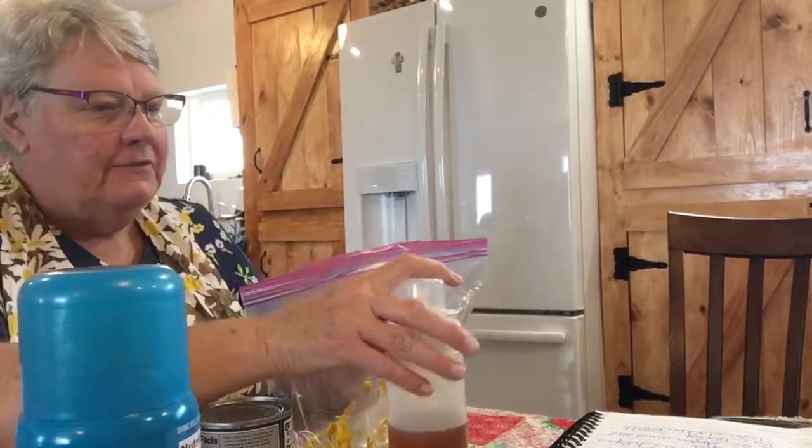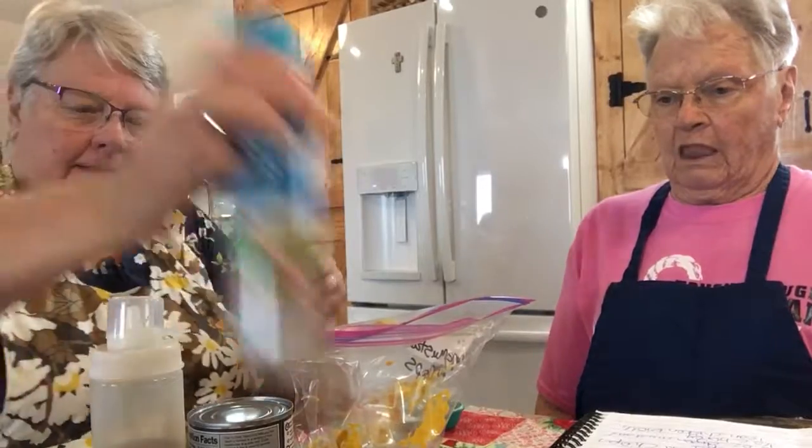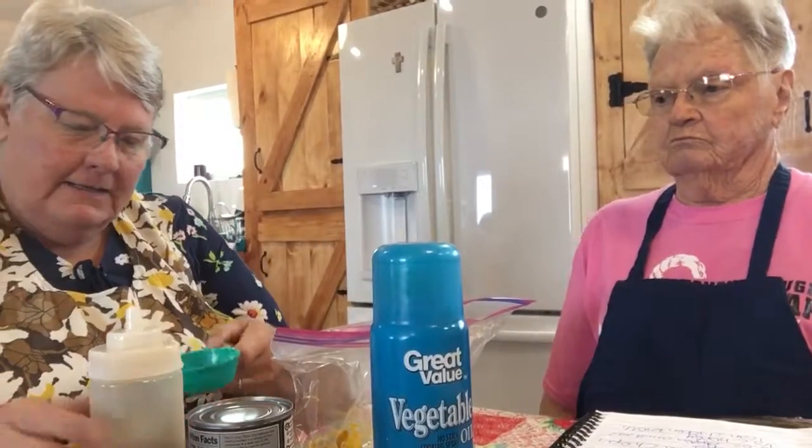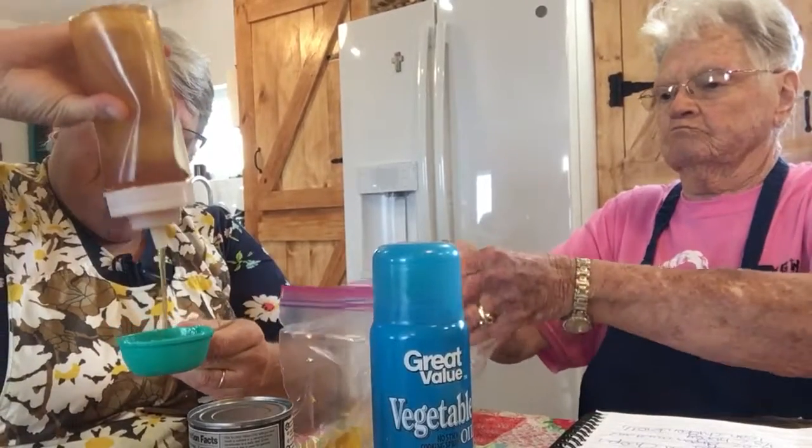Okay, and it called for 1/3 cup of honey. So you spray your measuring device with pan spray, and that makes it come out a lot easier. So see, it's sprayed. And then I'm just going to fill this baby up